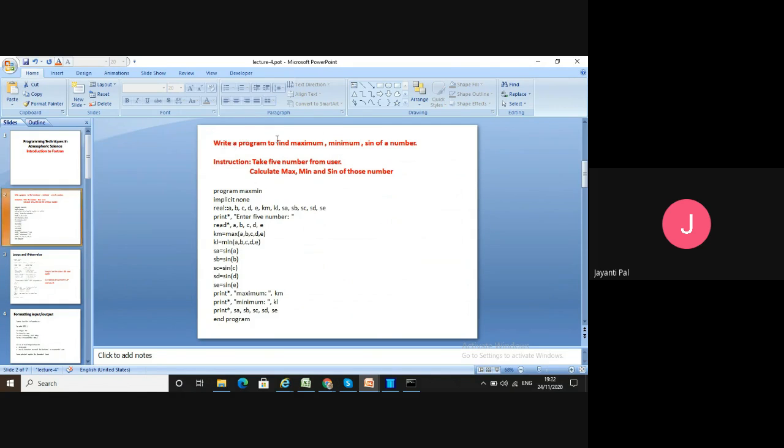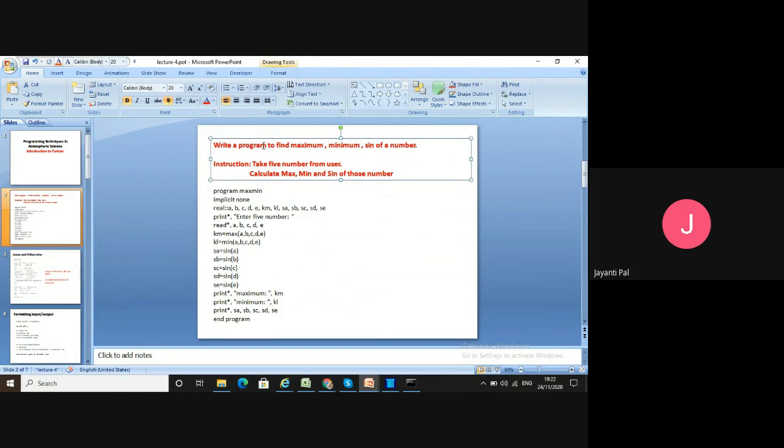So this is the one program, where we have to write a program that can find the maximum, minimum, and sign of a number. Here I'm going to use some functions. The instructions say we have to take five numbers from the user and then calculate max, min, and sign. I've already written my program.